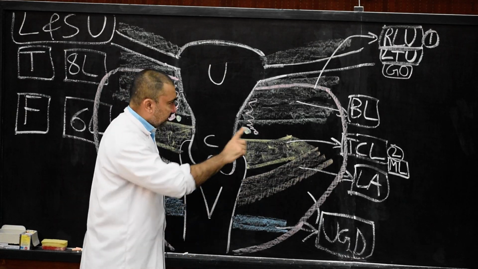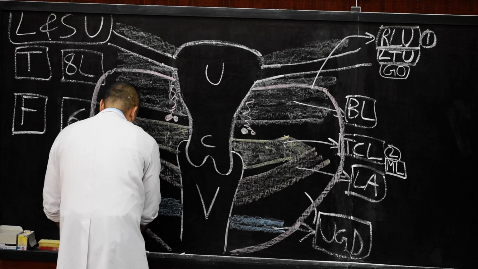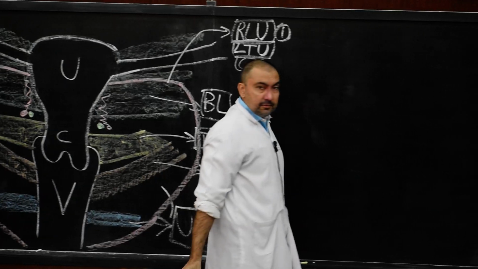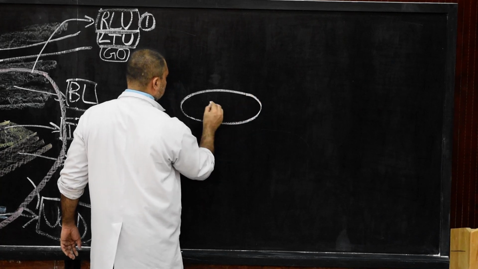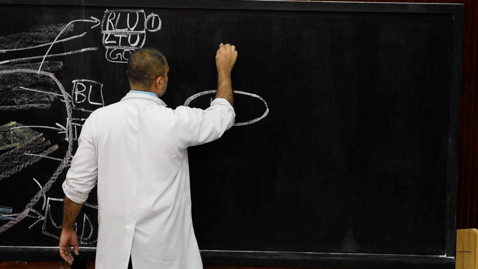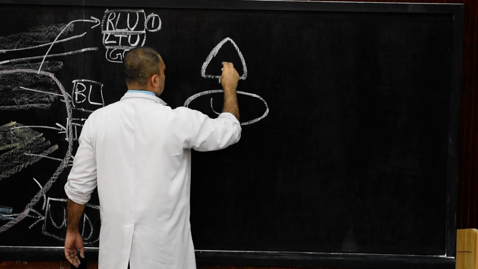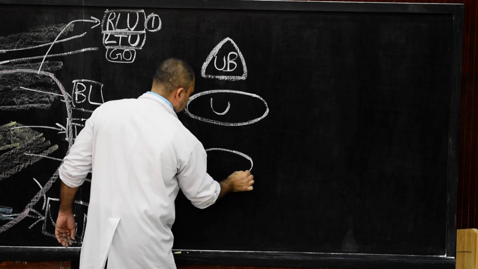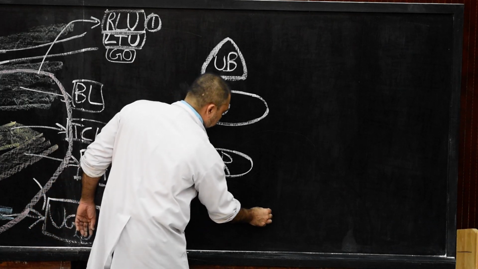And for this uterosacral ligament, we are going to go on that side to draw the diagram. Please come on this side. First we are going to draw the cross section of the uterus. And then, just in front of the uterus, we are going to draw the bladder. So please draw the urinary bladder here, and just behind it we are going to draw the rectum.